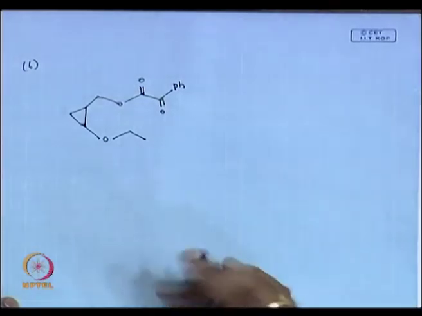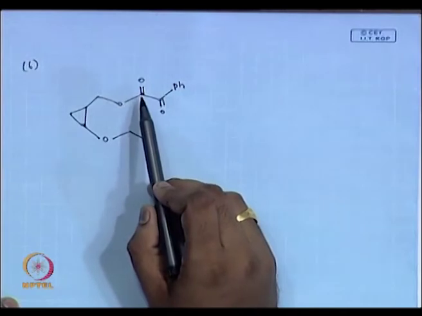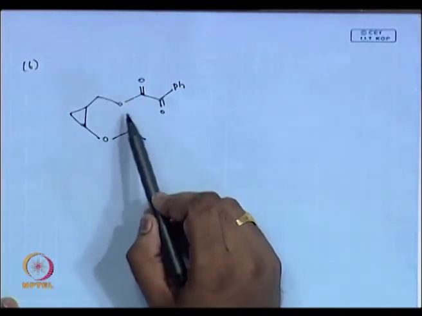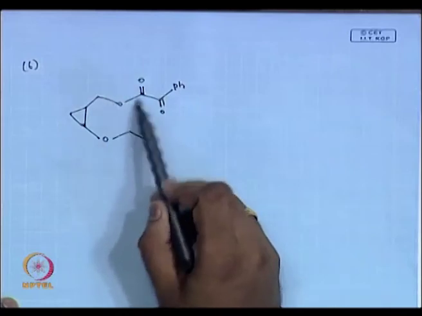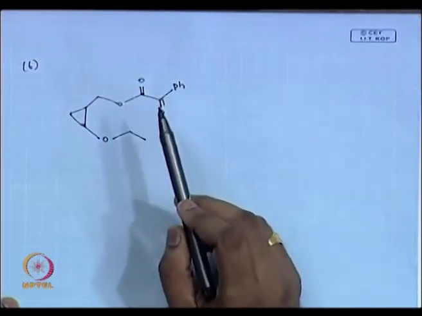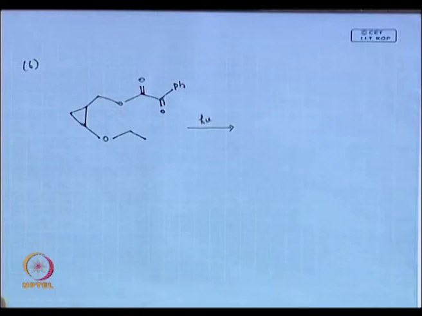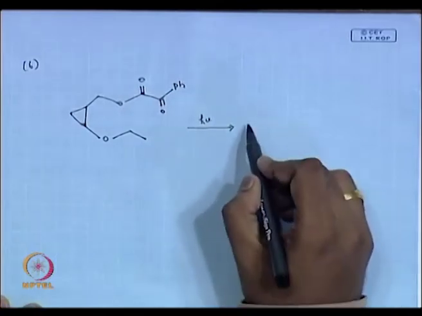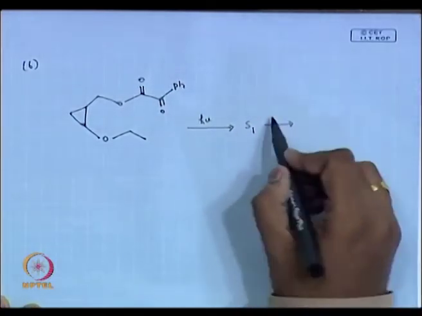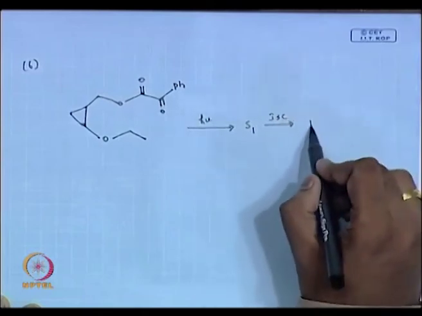Now, what do you have? You have a system. See, it is not a ketone, that is why you should be a little bit careful. Okay, this is a type of ester, and this is your ketone. So, you know the lambda max of the ester is different compared to your ketone lambda max. What happens if we photolyze this? Yeah, you can write S1, then you get intersystem crossing. First write the radical, then you can always think.